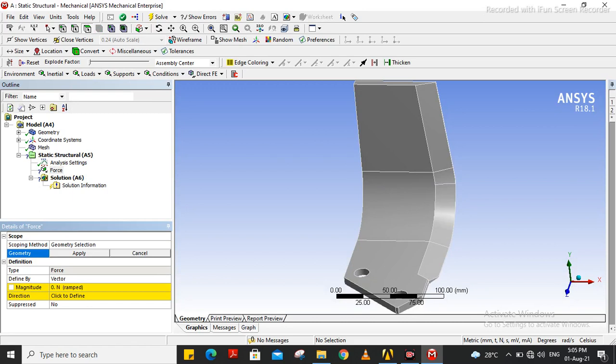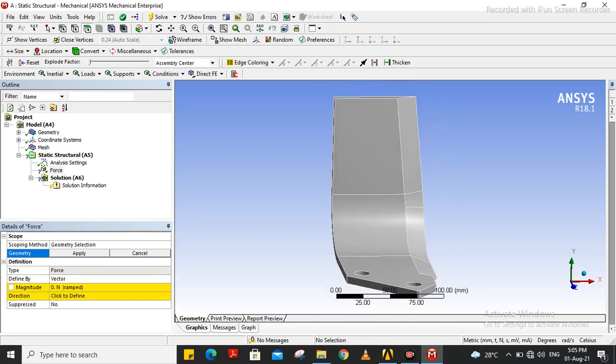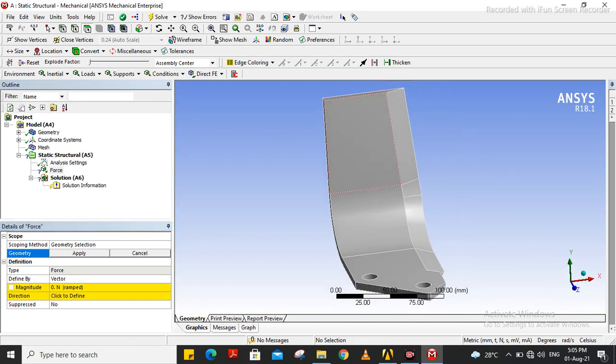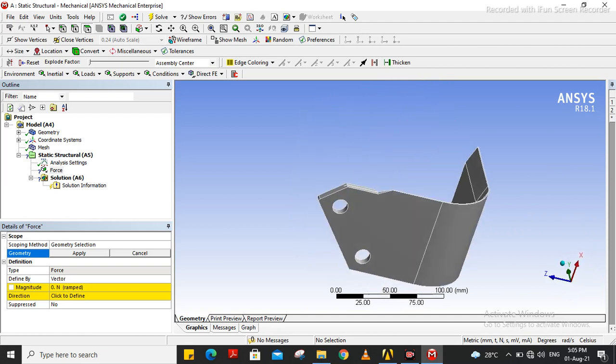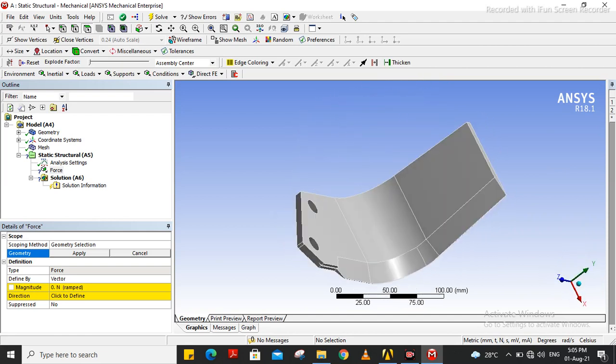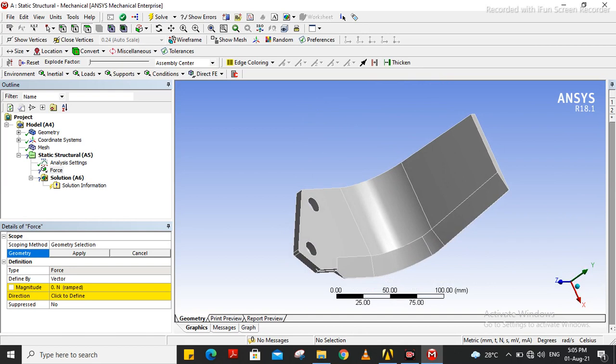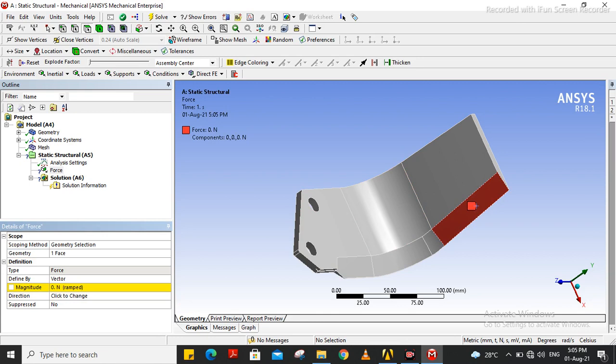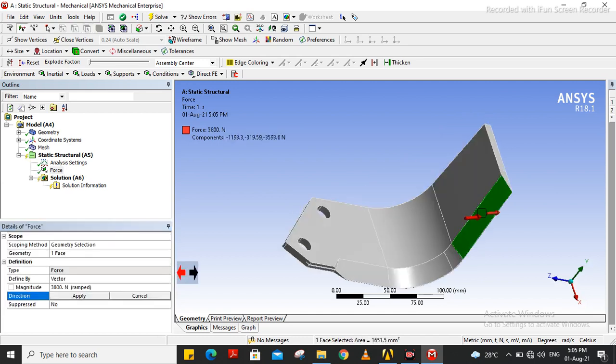First force I need to apply on the blade, because this blade is going to be rubbed with the soil. So the main force is coming on this blade surface. So first I will apply on this, and the force we have taken is 3800 Newton on the face.